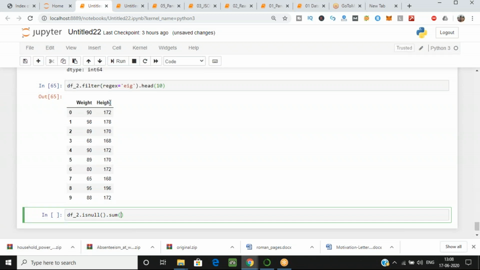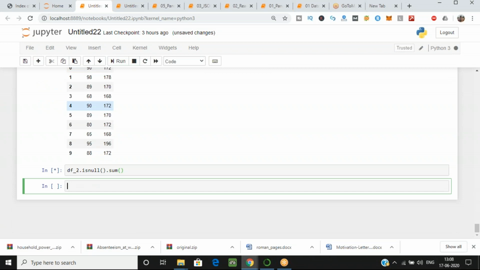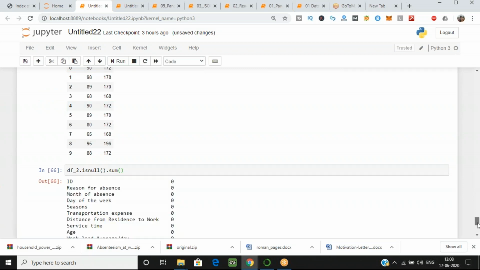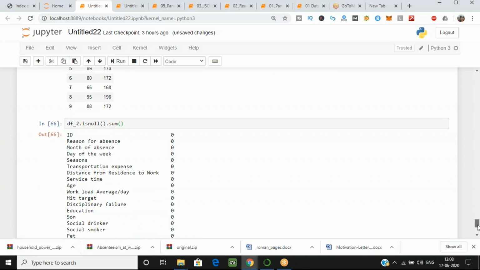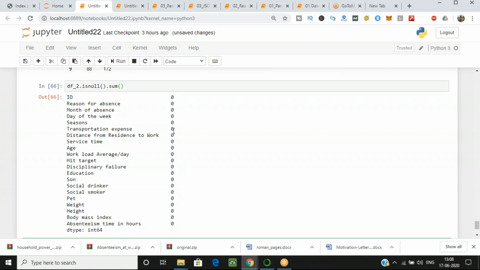Now you can see, yeah, in a bit it will show on your screen also. We are having the values 0, 0, 0. These are the column names, and for the null values I have asked, it is showing me 0. That is, it doesn't have any null value. So that's a very perfect database, because it doesn't have any null value. Okay, so let's go into a deeper part.